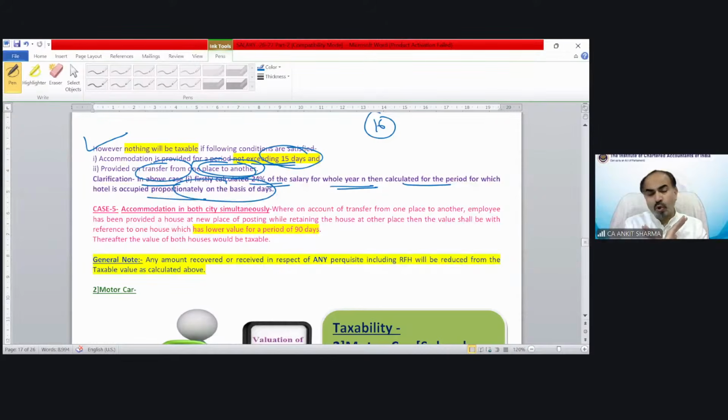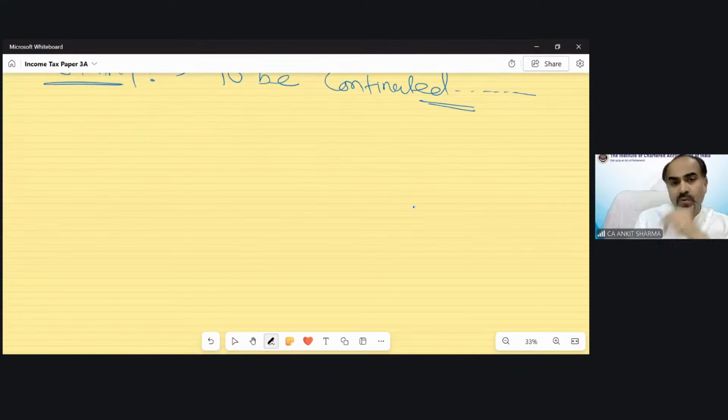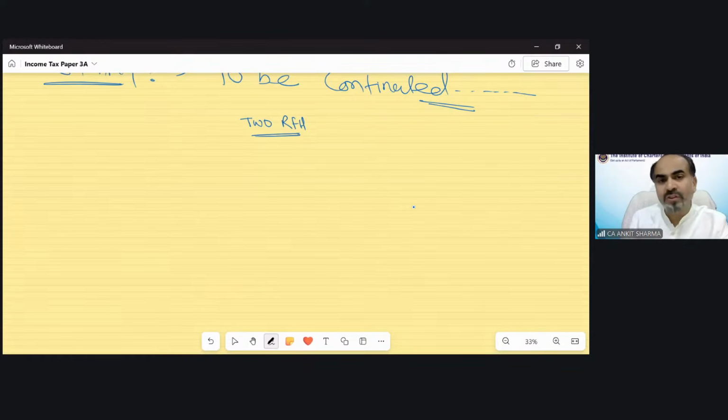So in case number 5, there is no new concept that the taxability percentage will change. No. It says a very simple thing: if your job has been transferred and due to that transfer, you are having 2 rent-free houses simultaneously, then how will it work? How do we need to calculate? So the provision says, suppose one is in Delhi. You are occupying a Delhi rent-free house and the job transfers now to Lucknow. So you are having 2 rent-free houses. Now the concept says